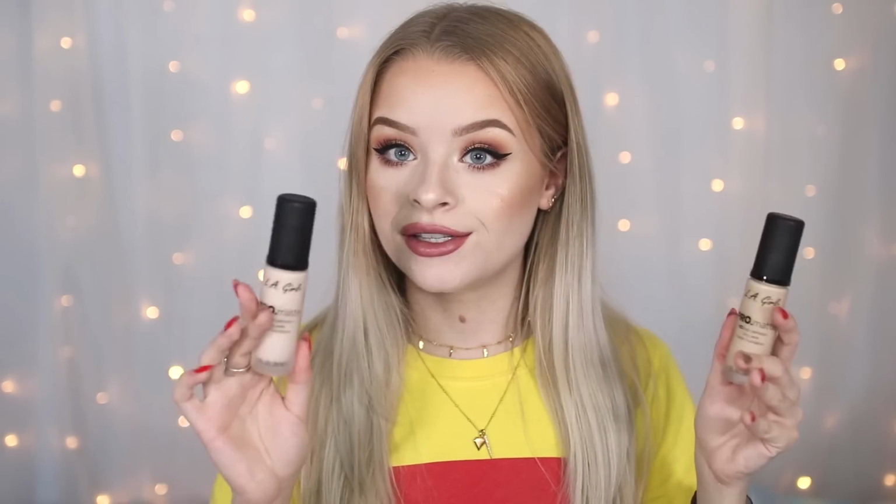Next up is the LA Girl Pro Matte Foundation. This came out pretty recently. I did again do a full testing video on this. I'm not sure if you would like this if you have dry skin. I forgot to mention with the other foundations, the Maybelline one is a semi-matte sort of finish. The Revlon one is a little bit more dewy, and then the EX1 is not matte, but it's not super dewy, but it's definitely more dewy than the Revlon one and the Maybelline one,